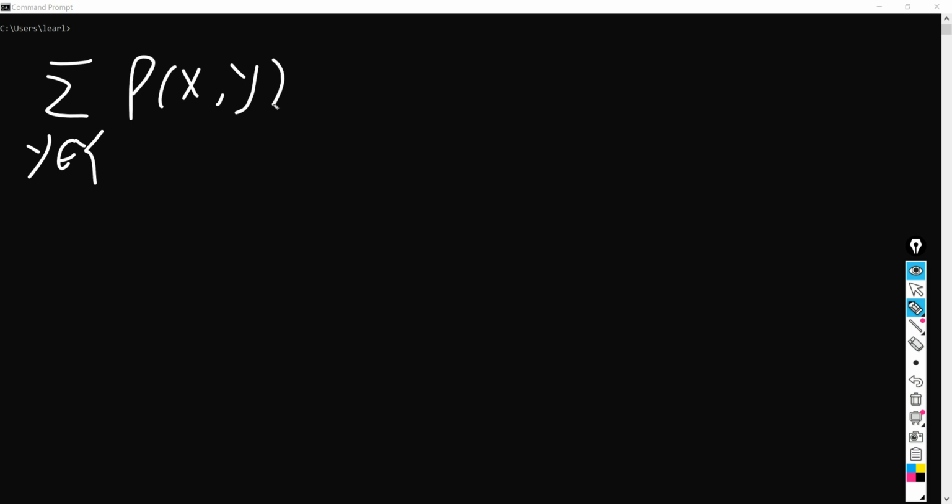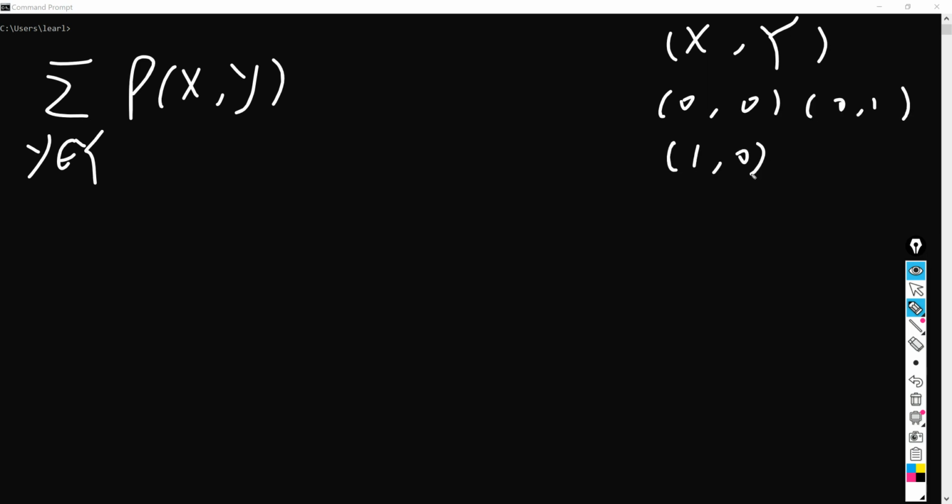And I give a very simple example here. There are a capital X and capital Y, and they have four circumstances: 0,0; 0,1; 1,0; and 1,1. So there are four circumstances. Both X and Y here can be either 0 or 1. So what does this mean? The small y belongs to the capital Y, and